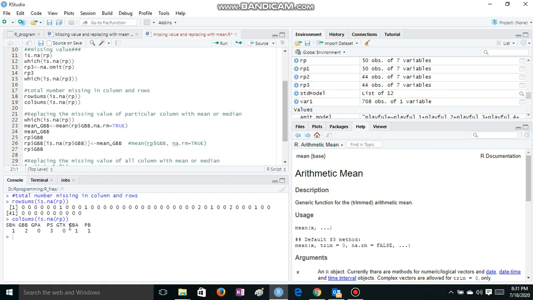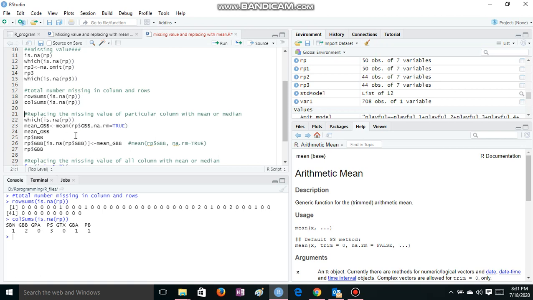Now what we are intending to do is fill those NAs or blank spaces with the mean or median of the remaining values, right? For finding such, first we need to find which spaces are missing, which is already shown here also, right?